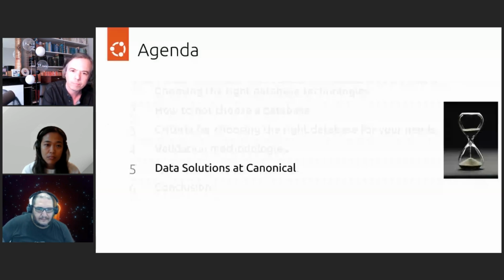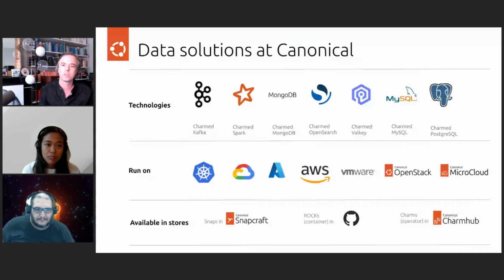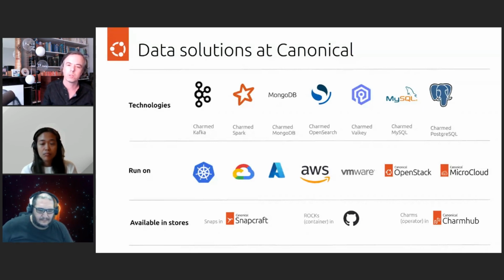So next slide, please. Yeah, so we wanted to introduce some of the technologies that Canonical offers for database management. First of all, we have a solution that's a streaming event data system. It's Kafka. We also have a big data solution called TransSpark, which is based on Apache Spark. We have MongoDB, which is a large-scale NoSQL document database. OpenSearch, which is a search engine with many varied applications. We have Valkey, which is an in-memory database system, and MySQL and Postgres, two